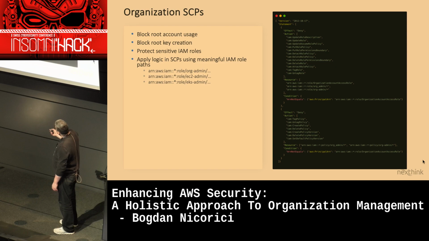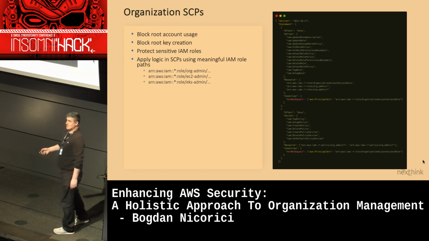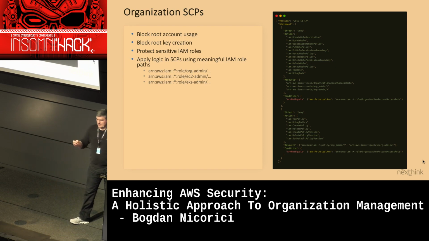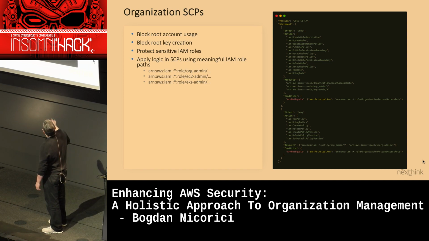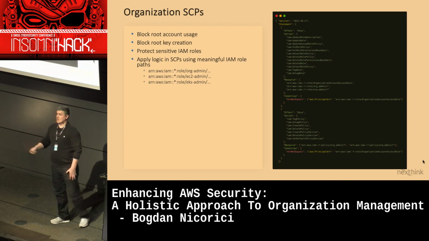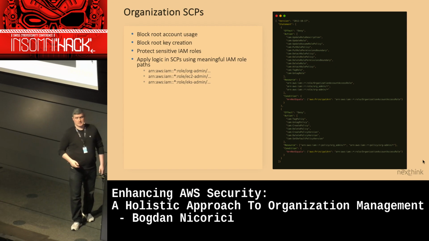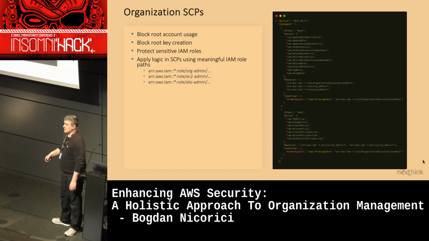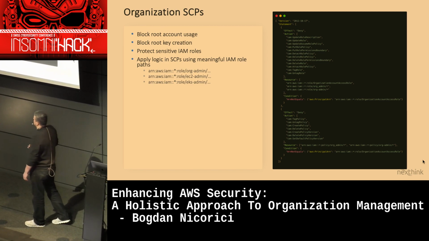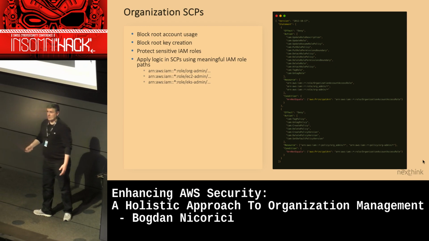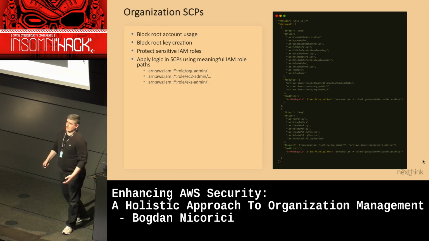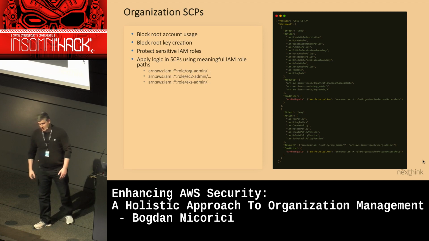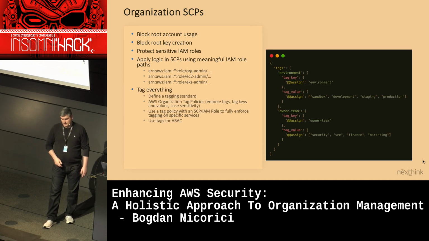And as you can see here, there's always an exception. So each time we create an SCP that blocks something, we always say, except if it's this role, which is the one that is automatically deployed in all the accounts. And this role can only be assumed and used from the organization management account. Basically, only the security team has access to this role, which means that we don't have any restrictions, regardless of the organization unit or the account, but we impose those restrictions on the people using the workloads in the account.